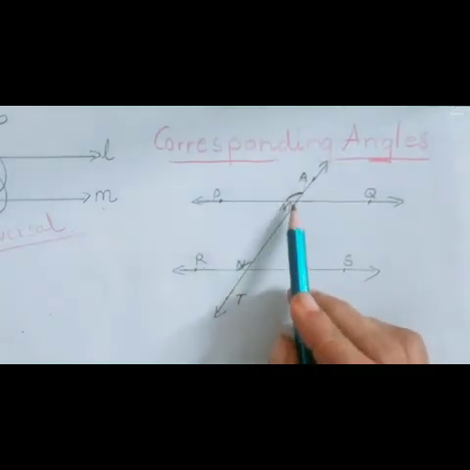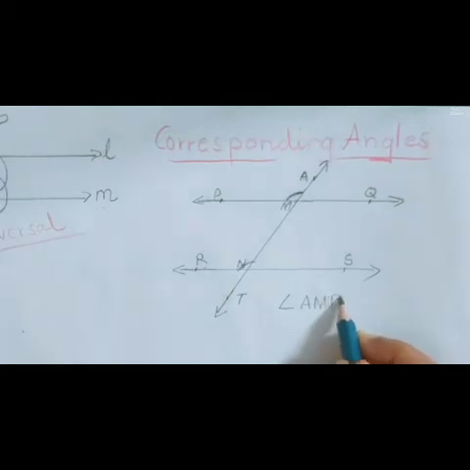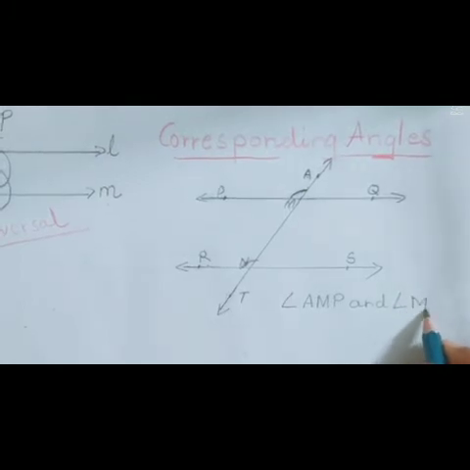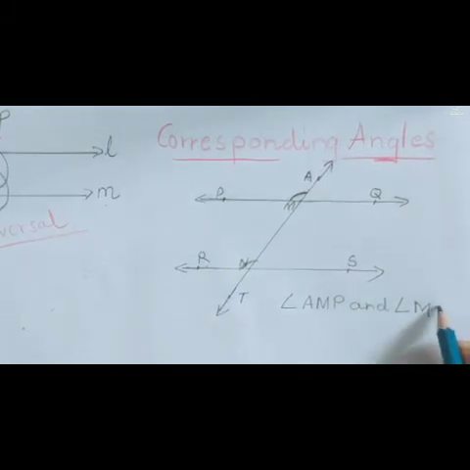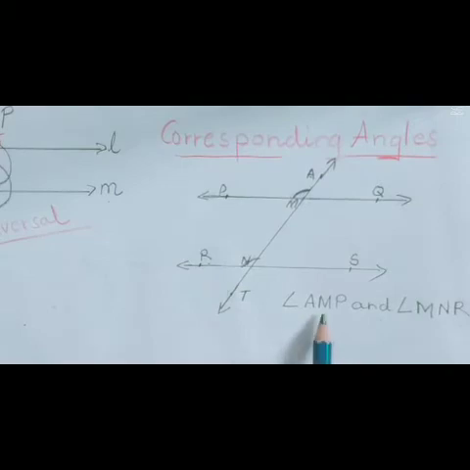MNR. So 2 angles you have got over here. And how you will write? Angle AMP and, क्योंकि जोड़ी है, पेयर, और एक उसका पार्टनर है एंगल M. Yes, there, NR. You can see the angle formed NR. So this is one pair. Now there I showed you one angle 1 and angle 2. So in the same way, angle AMP is 1 and angle MNR is 2.